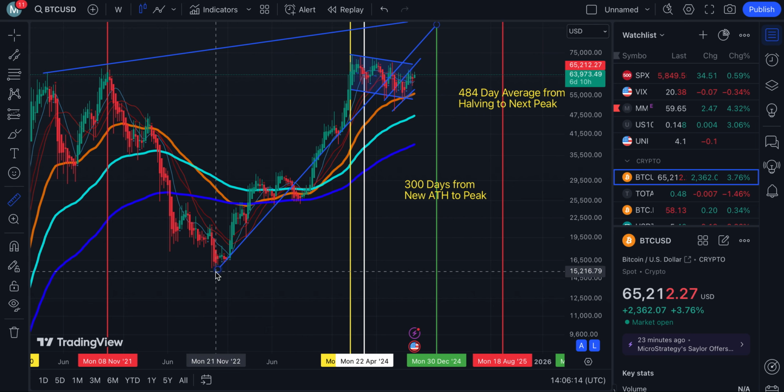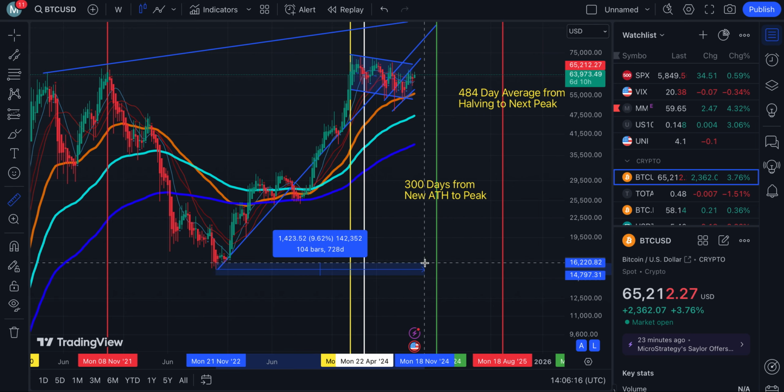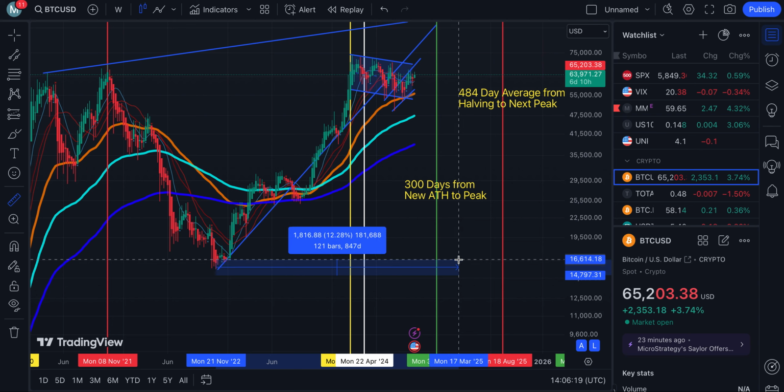Again, we're just going to take the average of around 850. So where does 850 put us? Right here. You guys can see March of next year. Okay, you see that number, 850 days, March of next year. Which puts us right in this range from the average of the former all-time, or the new break of the new all-time high. Sorry, the break of the former all-time high when we make a new one.